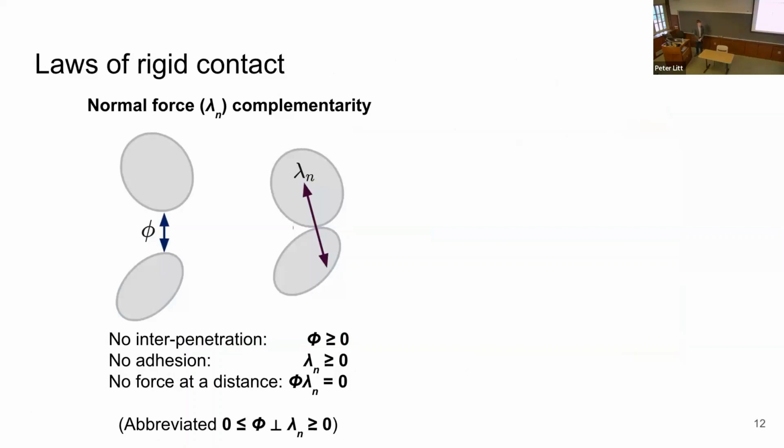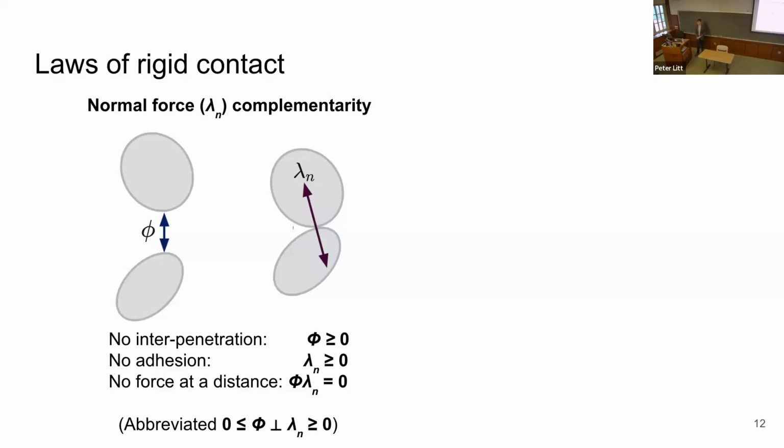The first I'll describe is called normal complementarity. It describes the relationship between normal forces between objects and also the signed distance phi between them. This signed distance is positive if the objects are not touching, and it's negative if they occupy the same space. As no two objects can occupy the same space, in physics simulators, this distance is constrained to be non-negative. And also because objects cannot exert forces on each other from a distance, either the distance or the normal force must be exactly equal to 0.